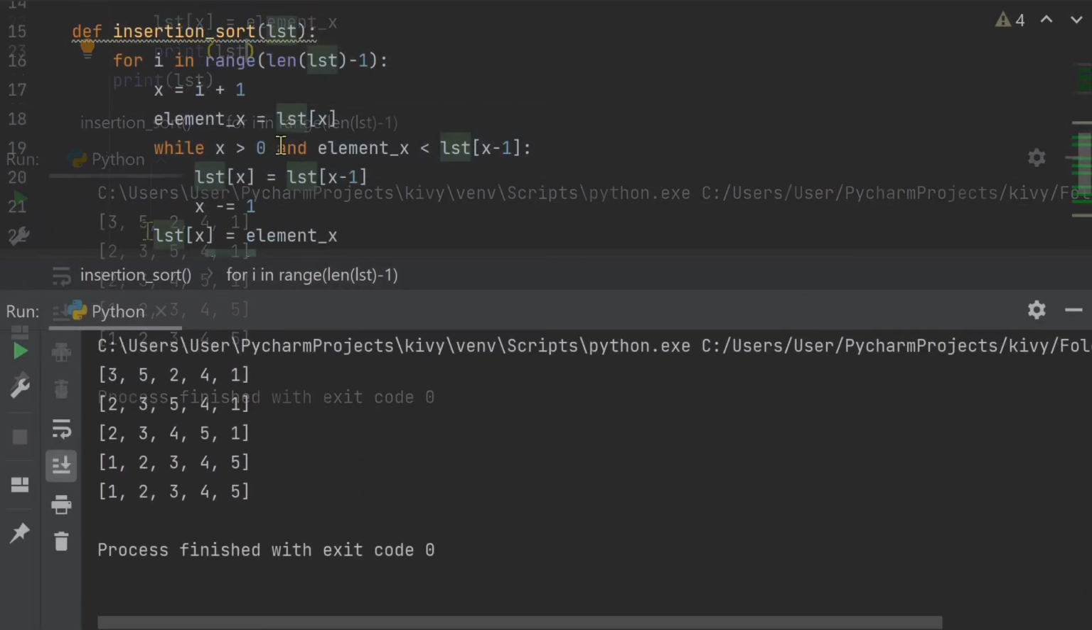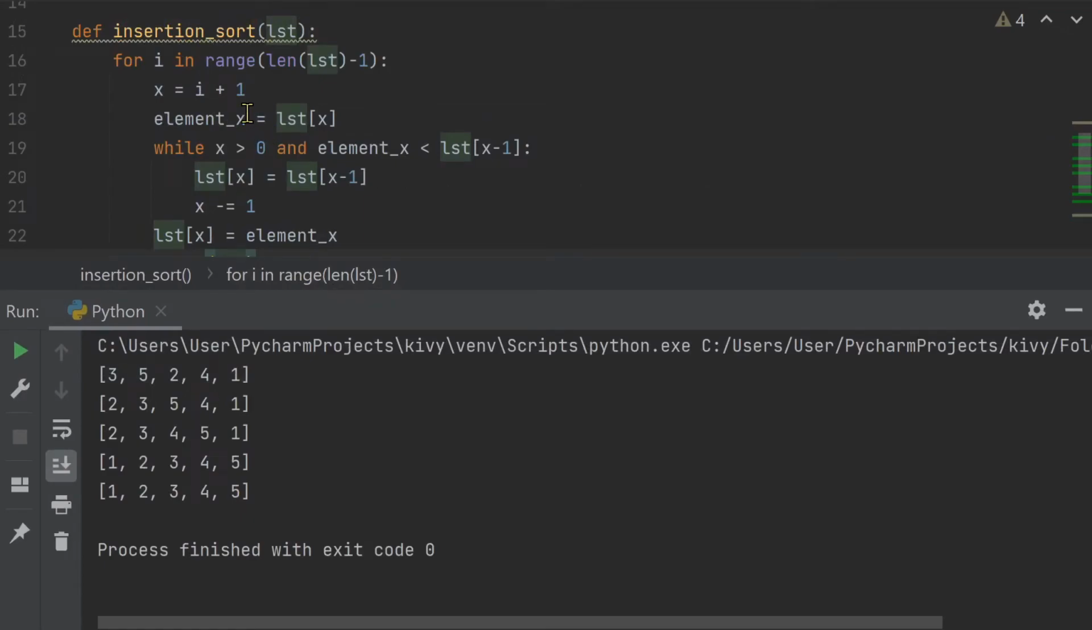Okay. First, i is equal to 0. x equal to 0 plus 1, so x is equal to 1. Element of x will store 5, because 5 is at index 1. We'll go to this loop. x is 1, greater than 0, true, and element of x, which is 5, is less than lst x minus 1. That's false. 5 is actually greater than 3, so this will evaluate false and will jump to i equal